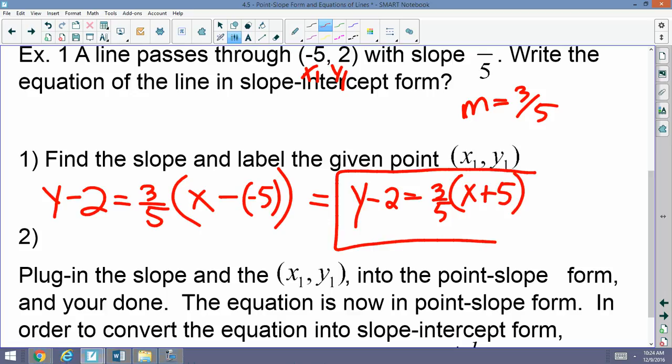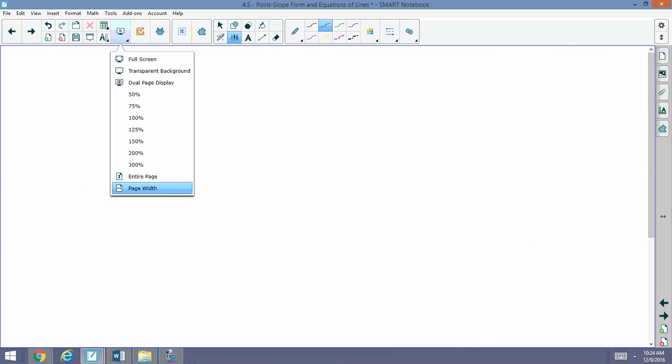Guys, if they ask you for point slope form, you are done. That's it. It's done. That's your equation. You're done. Now, how is this useful at all for us? Let me show you. If you have the point slope form,